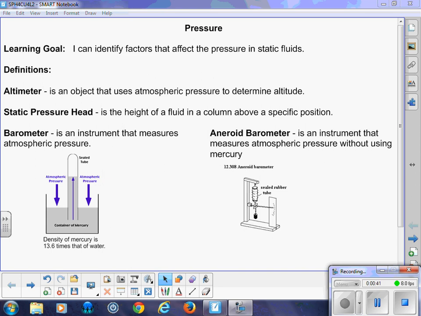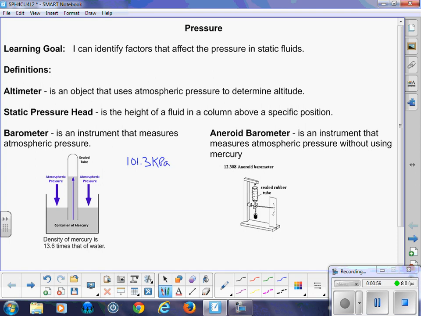So the first application or the item I want to talk about is a barometer. A barometer is an instrument that measures atmospheric pressure. Now, last day we said atmospheric pressure was 101.3 kilopascals, and that's in normal conditions. And what will happen during storm systems, you'll hear on the news, weather will create